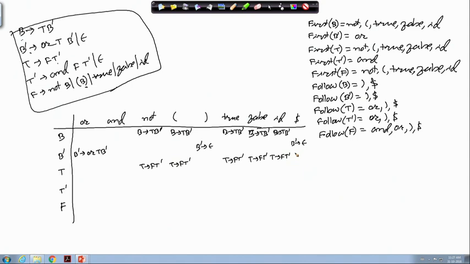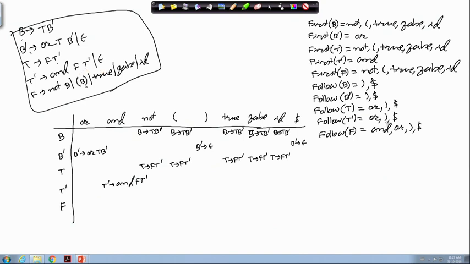Then we have T dash producing AND F T dash. So, under AND, this should have this rule T dash producing AND F T dash, and T dash producing epsilon.